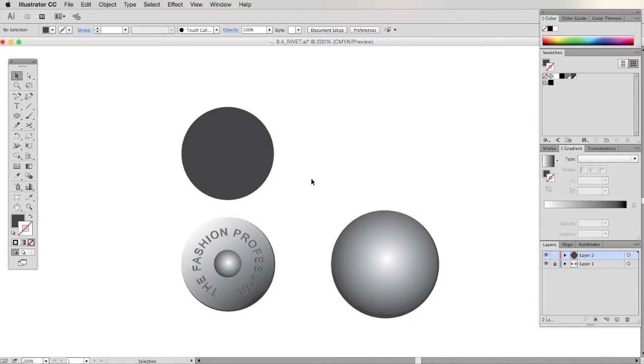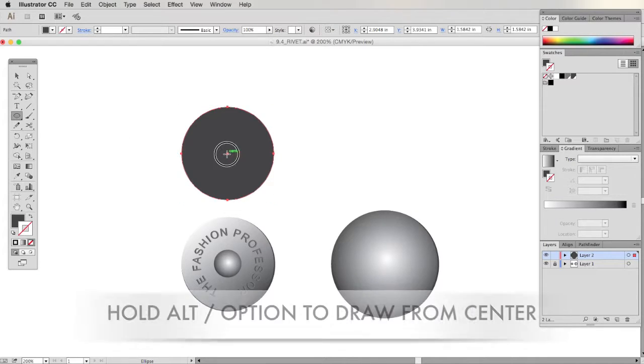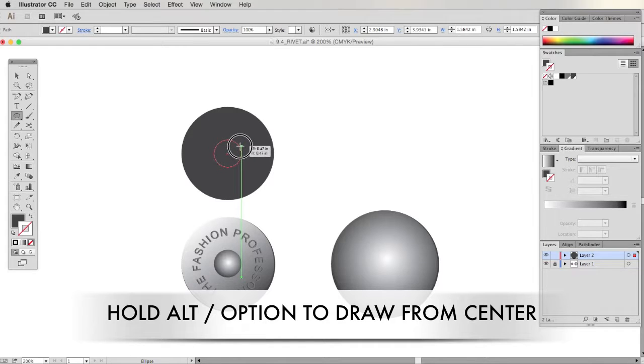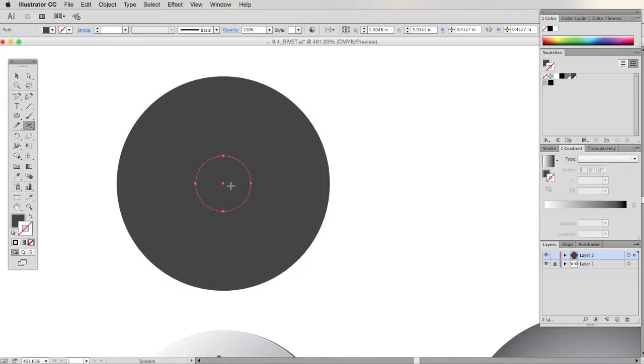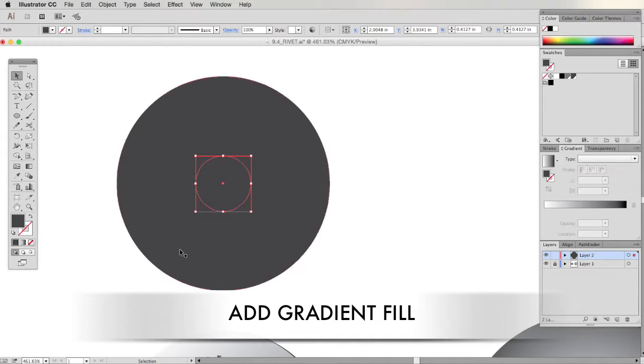Start off with a perfect circle. Make sure you hold your shift to do that. And then I'm going to create another circle in the center of that. So again, grab my ellipse tool, hold my Alt or Option key so that the circle is drawn from the center. And I'm going to go over to my gradient palette and add a gradient fill color to this center